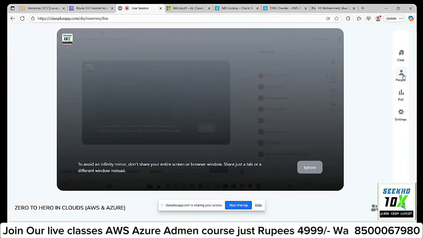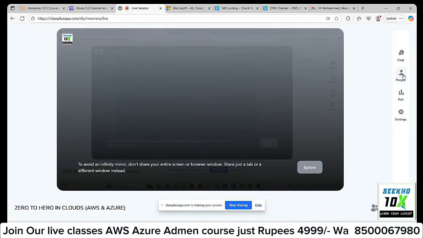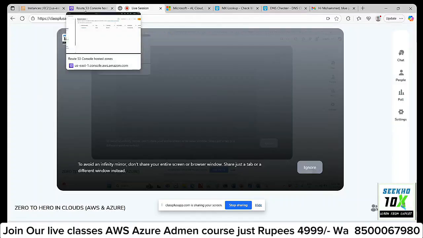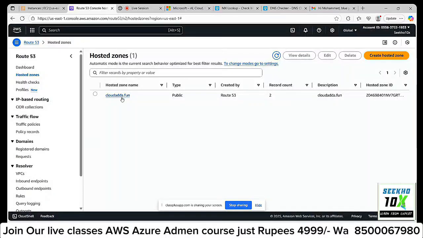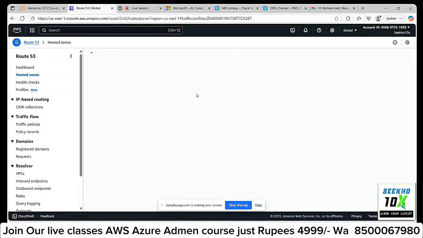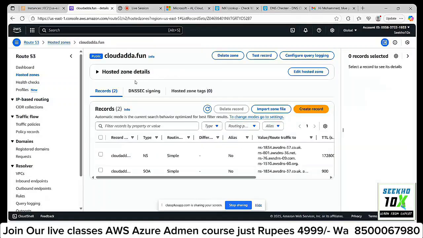So here we can use a simple example. Right now I cannot show you a public hosted zone. Why? Because I have just now changed my routing from Route 50, means from my host side, to Route 53. It will take 24 hours to get my records updated in this zone. Once the records are updated, then only I can show you by creating records in this zone. Okay. So right now I will show you a private zone.